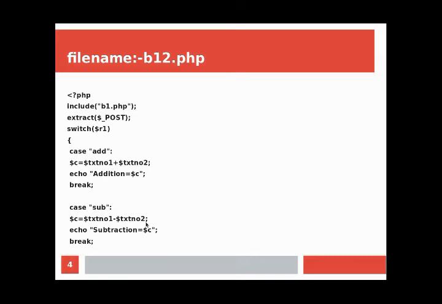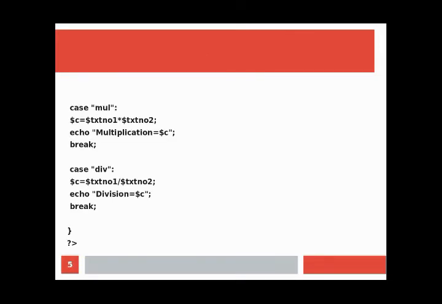Here the minus sign we used and we took the subtraction of two numbers. Semicolon, then the display statement echo, within double quotes "subtraction equal to $C" semicolon, and break here. That means the subtraction of two values is taken in C and that value will be displayed here in the second case. Then another case we have taken for multiplication. So case within double quotes MUL for multiplication, colon, because this is also a label.